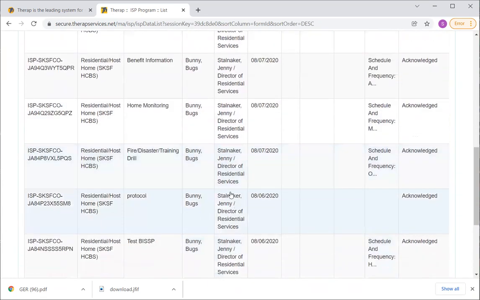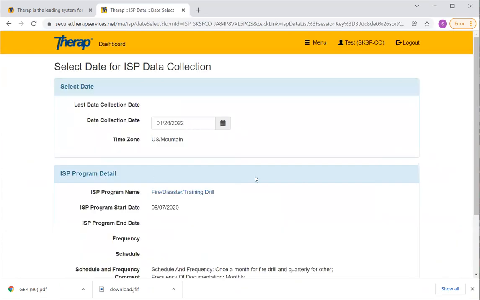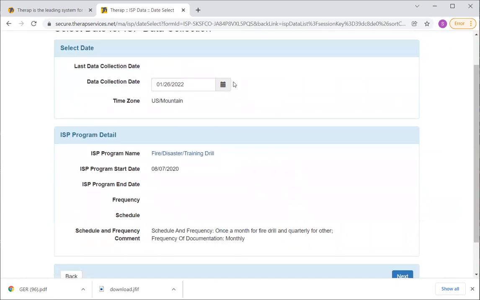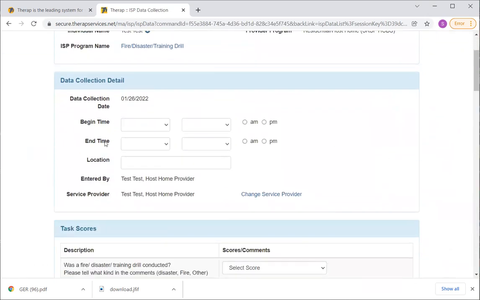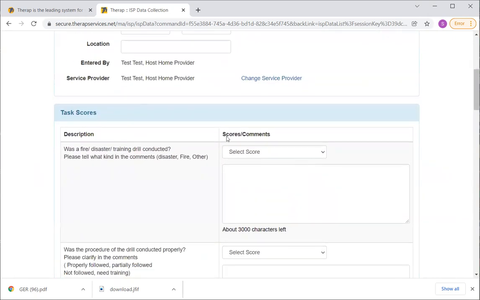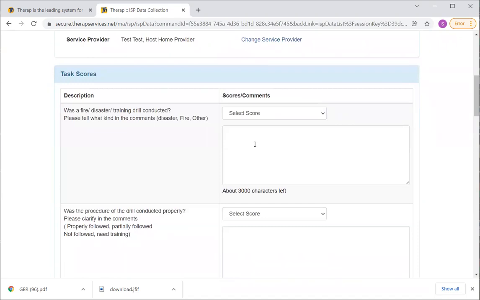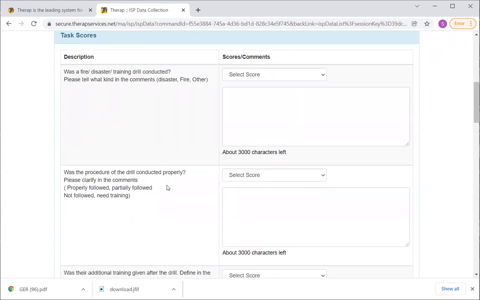So the next one I'm going to go over is the fire disaster training drill. These are done monthly. Again, the date, that's going to be with anything. And then we do want a beginning and end time with this. So you should put this in after you finish the drill, the location. If it's at home, just put home. If it's out in the store, put that. You're just going to put yes, and then what type of disaster fire drill was conducted. That could be fire drill, tornado, home invasion, missing person,